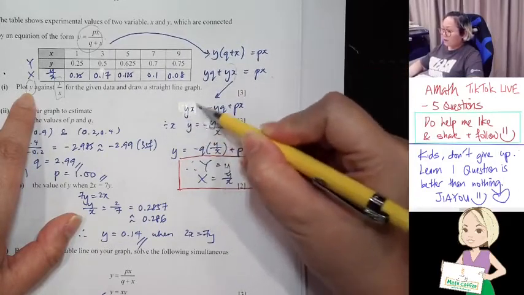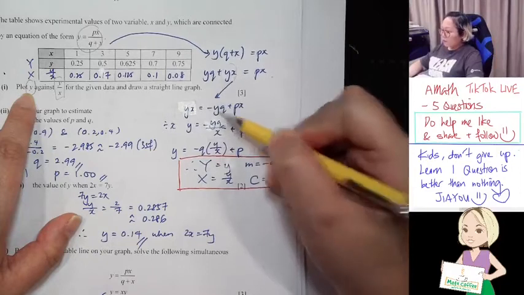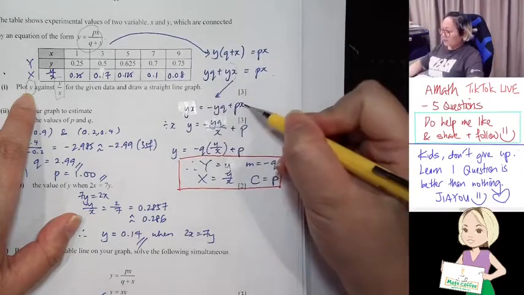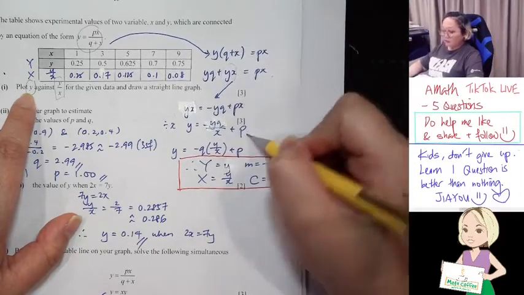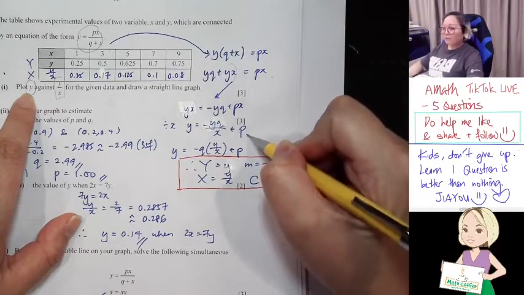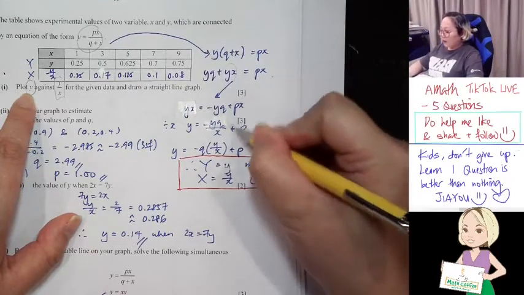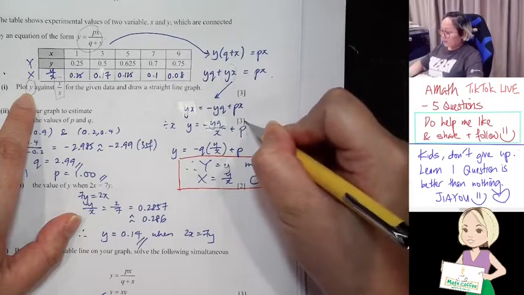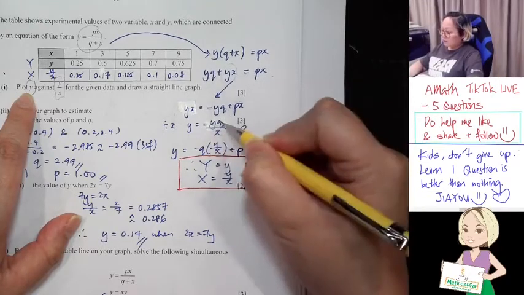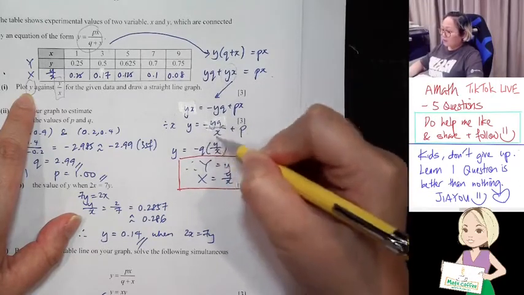So now this one yx becomes y, this one y becomes y over x, and then after that this x, now px becomes just a constant. Your objective is to make sure that you have a constant there. You understand? Then after that I just shift a bit because minus q is the gradient, y over x is